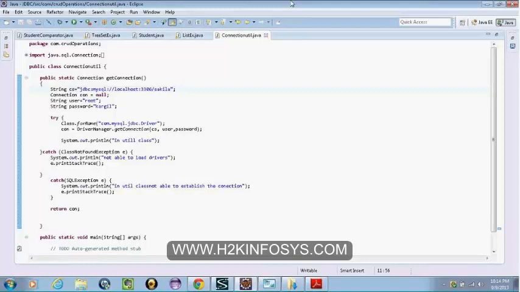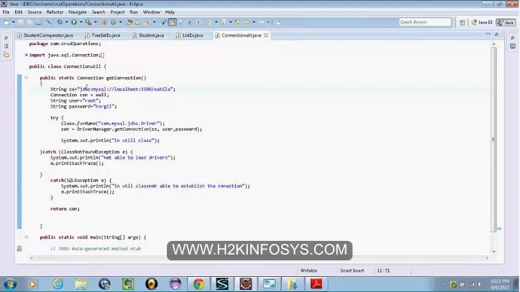So here we have formulated the URL, right? So folks, if you see, JDBC, MySQL, the host is localhost, colon, the port number is 3306, and the database name is Sakila. So this is the URL. And I'm logging in as a root user, and my password is Karkil. So I have the URL, username, and password.